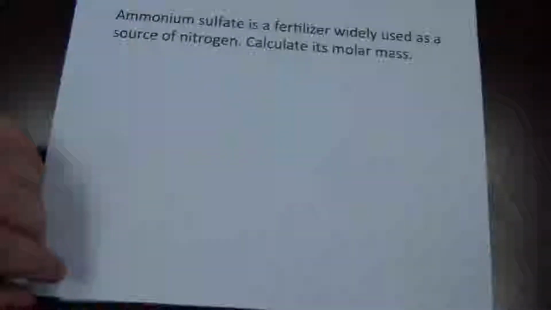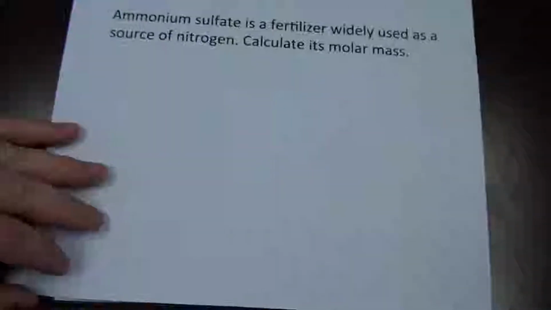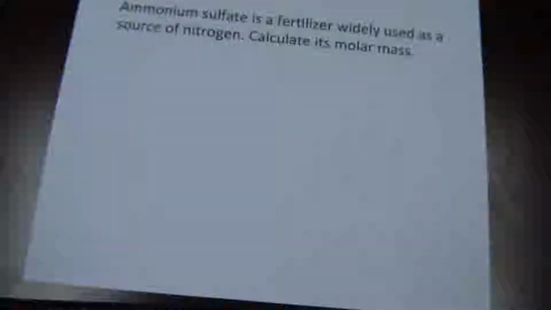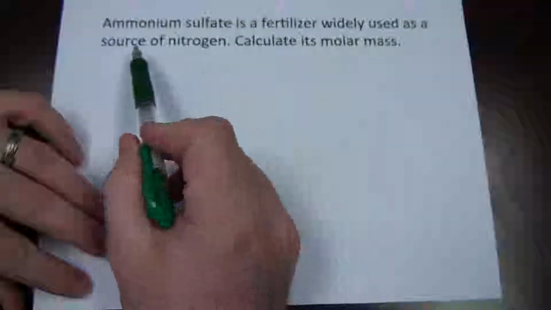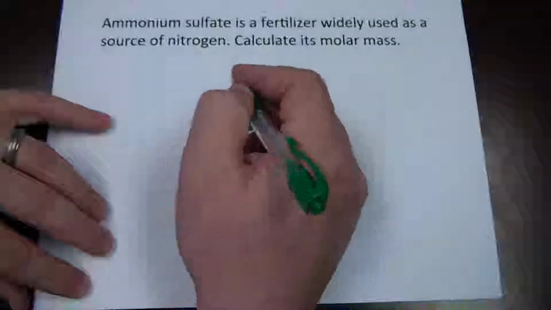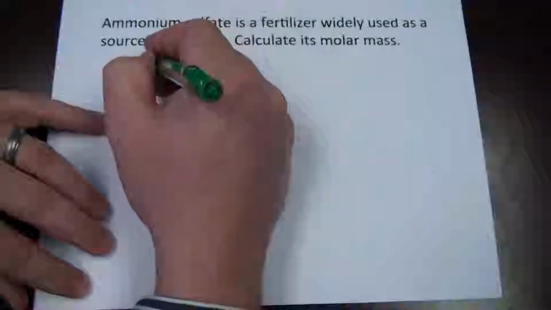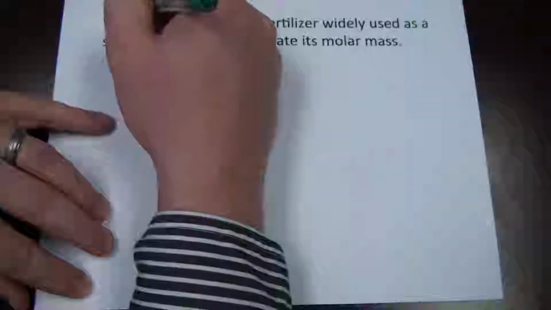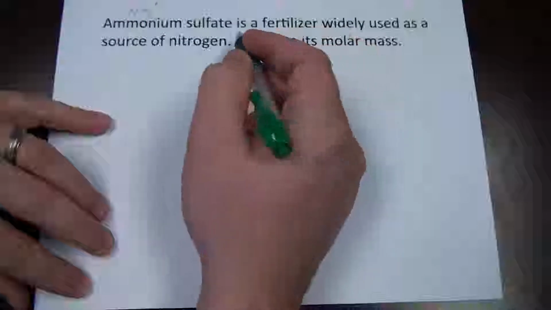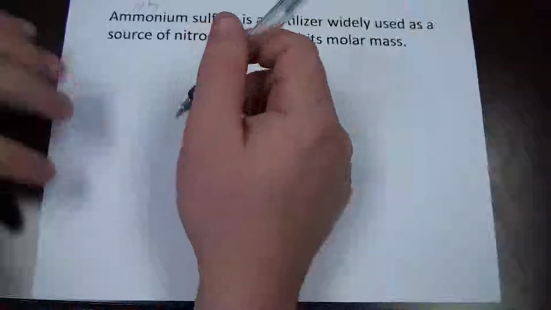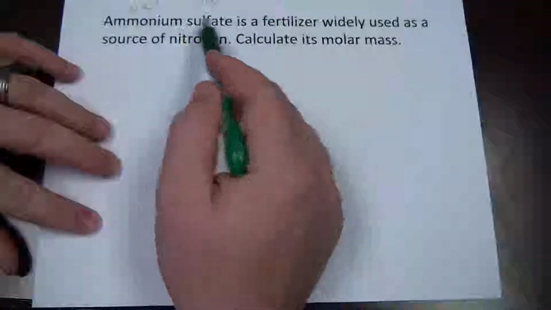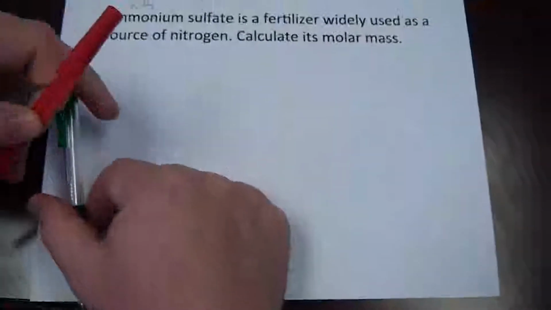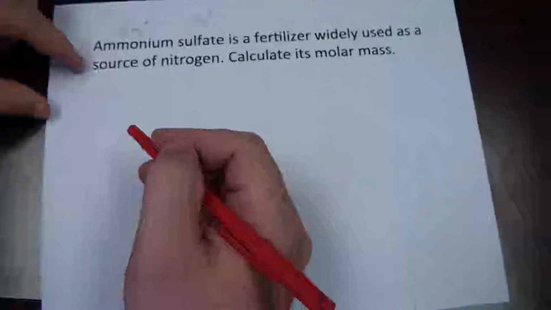Ammonium sulfate is a fertilizer widely used as a source of nitrogen. Calculate the molar mass. So like before, the first thing we have to do when we do these calculations is determine what the actual molecular formula is. So we have ammonium sulfate. Ammonium is NH4 plus. Sulfate, one of the polyatomics we need to know, is SO4 2 minus. So bring those together, we get a chemical formula of